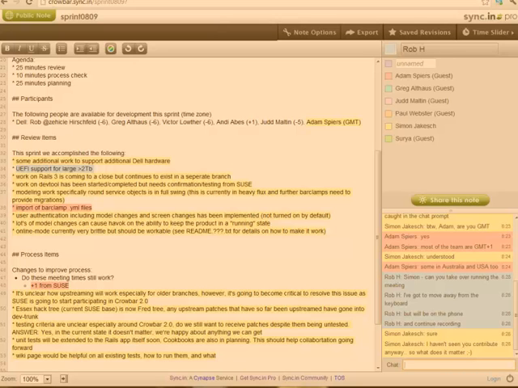That sounds like the basic Crowbar 2.0 plan. I think that, yeah, I can't think of anything. I think that's a pretty solid list.